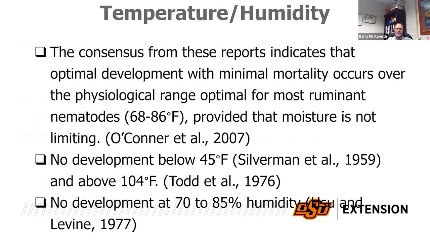So temperature is really important. Optimal is 68 to 86 degrees Fahrenheit. You can see variations of that in different studies, but for the most part, they like that. I always say 65 to 85 is easier for me to remember, but somewhere in there. And it varies too, depending on the worm. This is more for Haemonchus. Teladorsagia will take colder times. Trichostrongylus will be in between. One thing we know, though, is development becomes very poor as the temperature goes down, and as it gets too hot, we don't have much development.